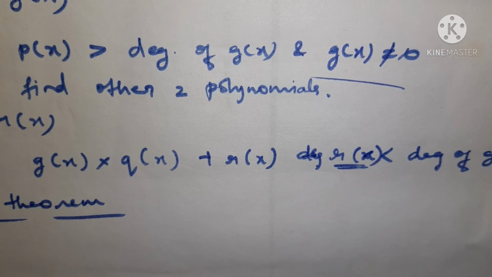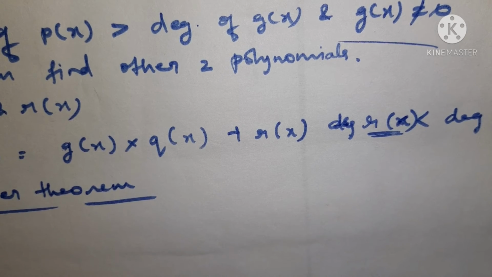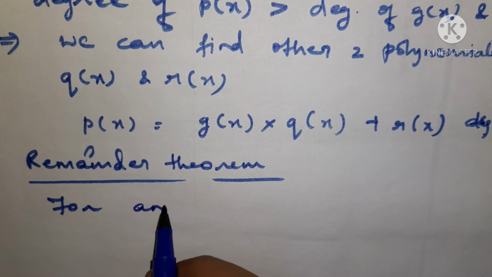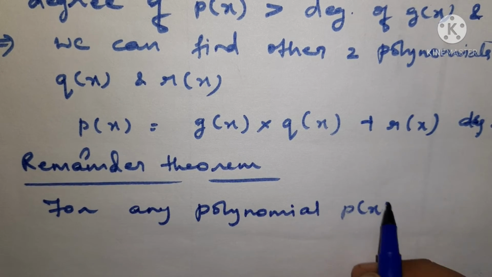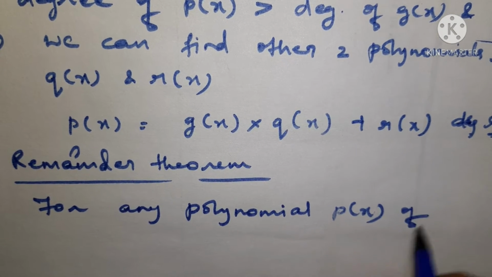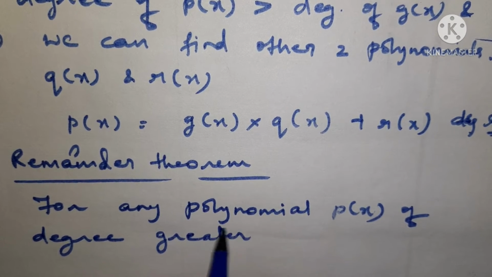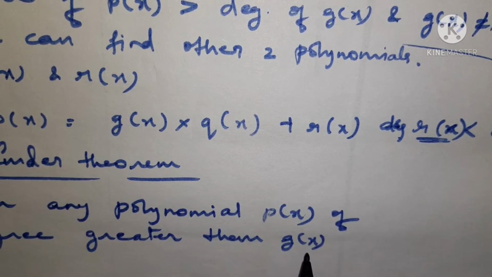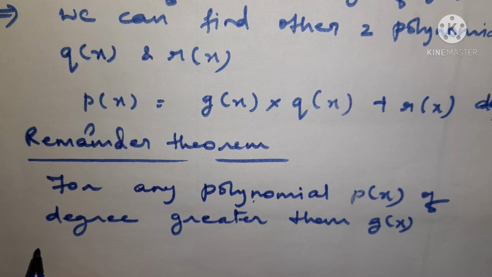In remainder theorem, you can write that for any polynomial px of degree greater than gx,